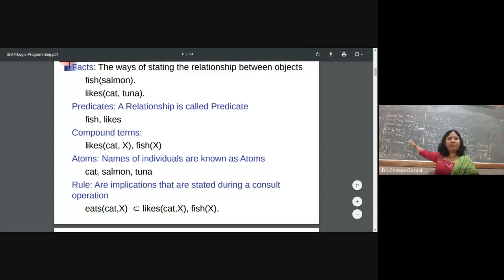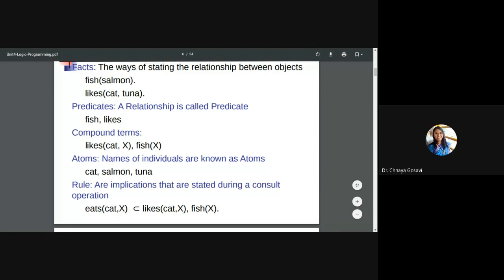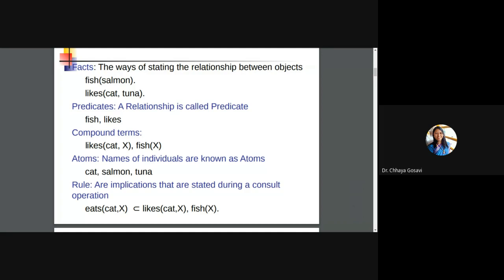Yeah, cat does not like salmon, so the answer is false here. So we have talked about facts, then predicates. From a fact, the relationship is called a predicate, likes or something. And the element that we are passing to a predicate is called an atom. We can combine two predicates to create compound terms, and we can state a rule using available predicates.